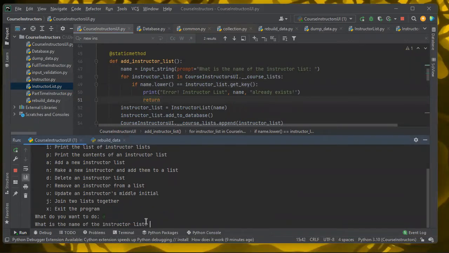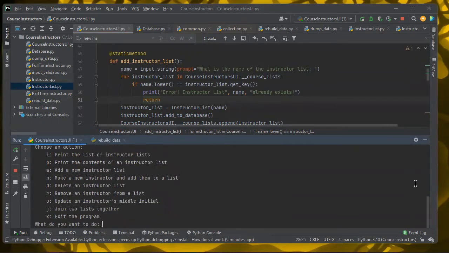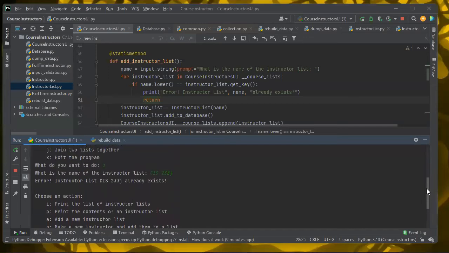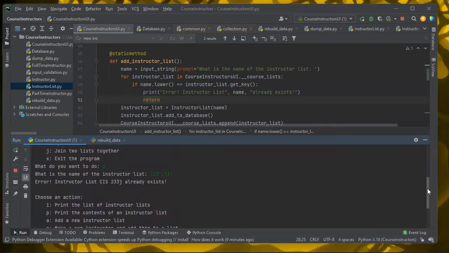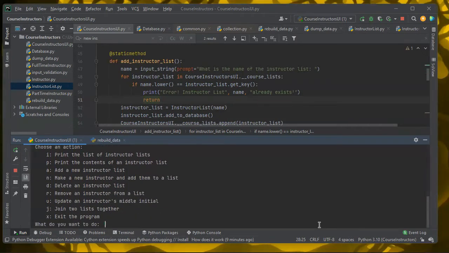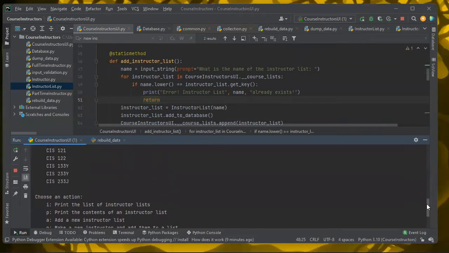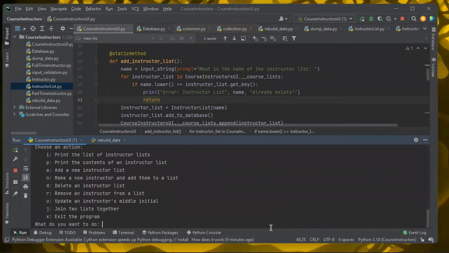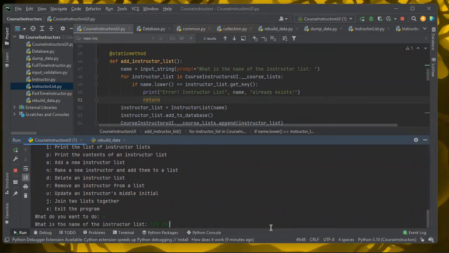So add a new instructor list, CIS 233J, and error, instructor list 233J already exists. So that's good, because it was in there with different capitalization. Yay. But now if I say add CIS 234A,